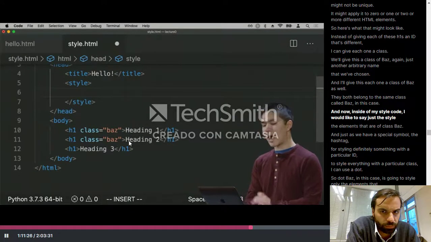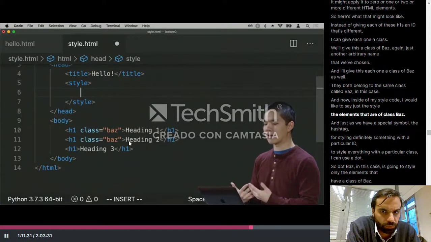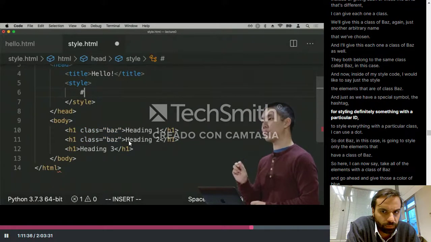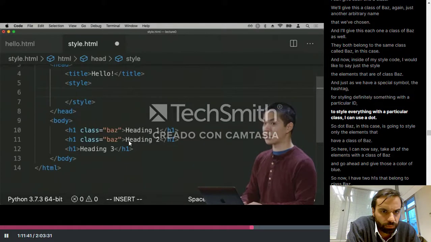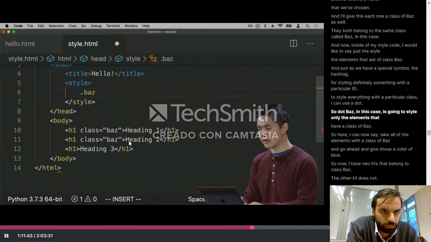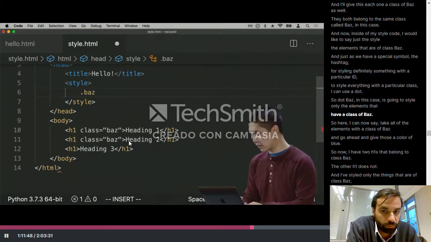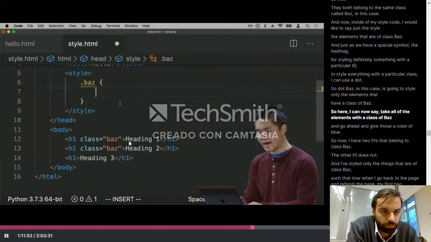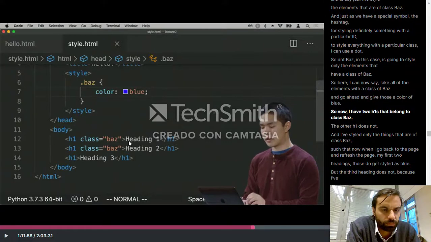And now inside of my style code, I would like to say, just style the elements that are of class Baz. And just as we had a special symbol, the hashtag, for styling only something with a particular ID, to style everything with a particular class, I can use a dot. So dot Baz, in this case, is going to style only the elements that have a class of Baz. So here I can now say, take all of the elements with a class of Baz and go ahead and give those a color of blue. So